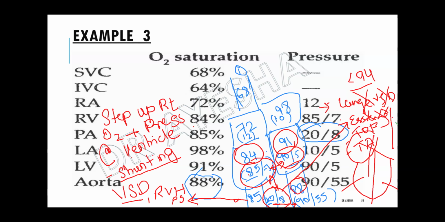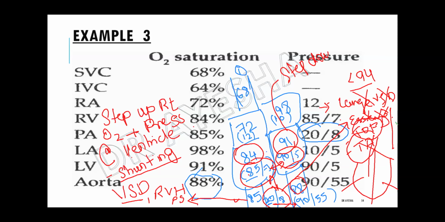So you are dealing with a cyanotic condition. It is Tetralogy of Fallot, associated with VSD, right ventricular hypertrophy, and pulmonary stenosis. So your conclusion will be Tetralogy of Fallot. Your question should be, Dr. Aisha, why is there a step down